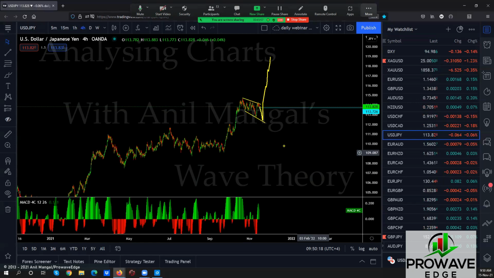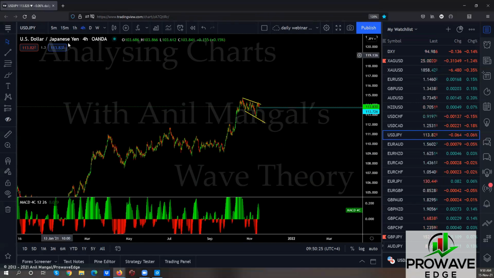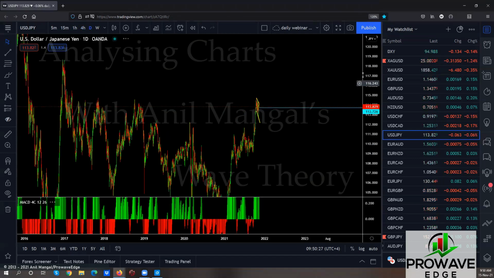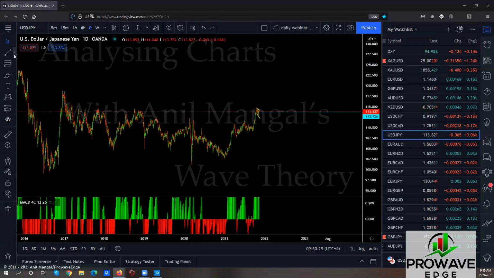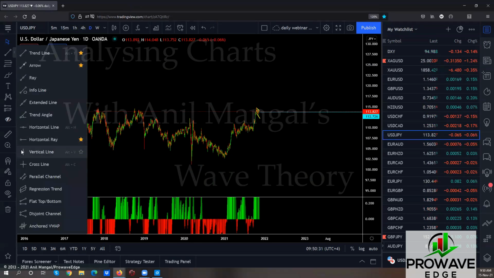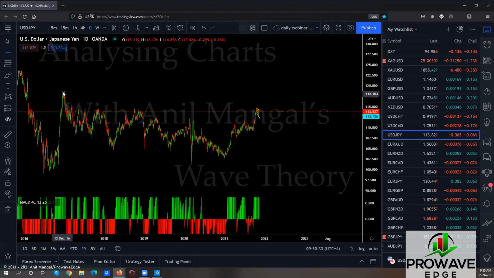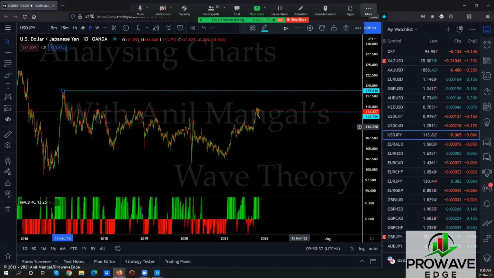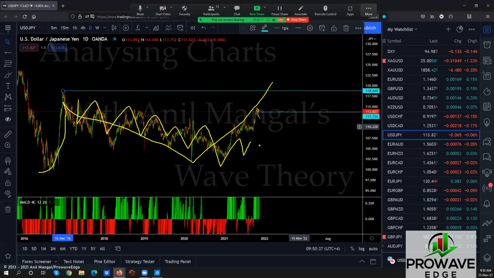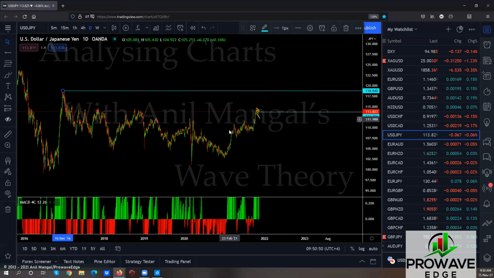Okay, I see. I removed the line because we were discussing this last week in the trading room, so I'll put the line back where we were expecting it to go. We're expecting it to go above this. By the way, if you're new to wave analysis, you might really want to check this out. The patterns are the same. You have this, and you can get this. You're just getting a correction in here. Basically, once it breaks that top, guess what happens? We're going to drop again, right?